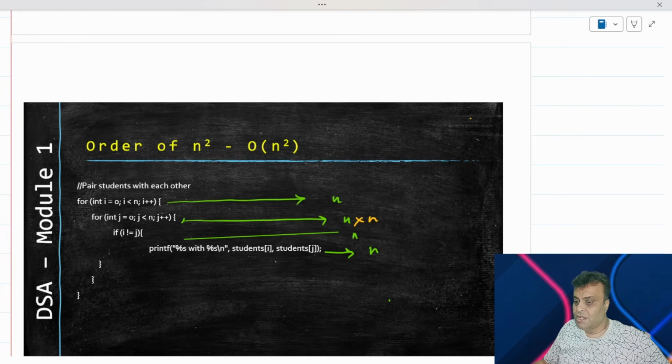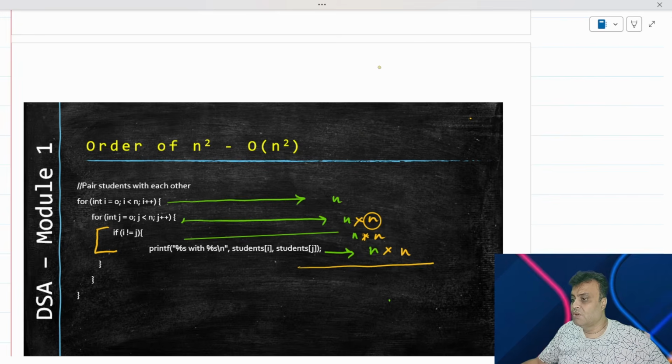Now consider the inner loop. These two lines will execute in the order of n times, because the outside loop executes, and this particular second loop actually executes n times. So every line inside will also execute n times. Right? So what did we achieve as the total order? We achieved the total order as n square plus n square plus n square plus n. So this is nothing but 3n square plus n.